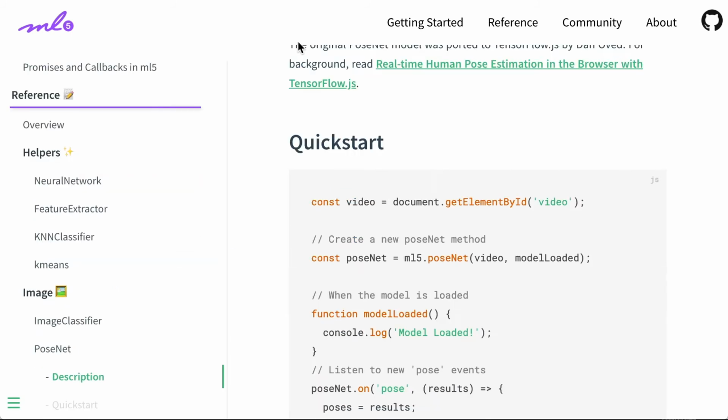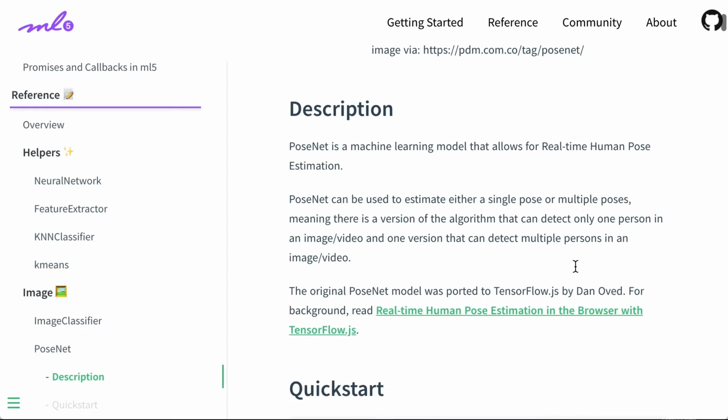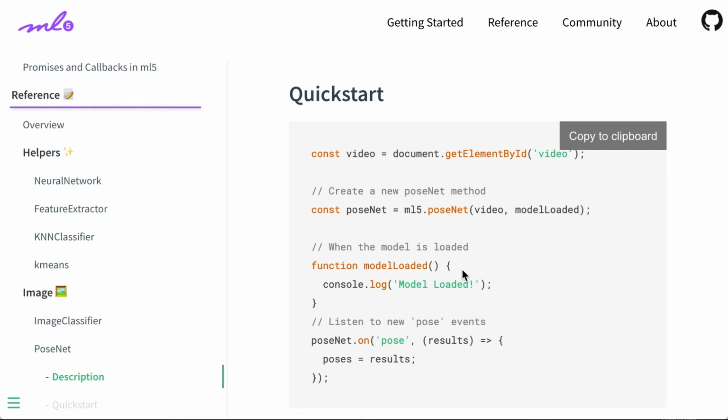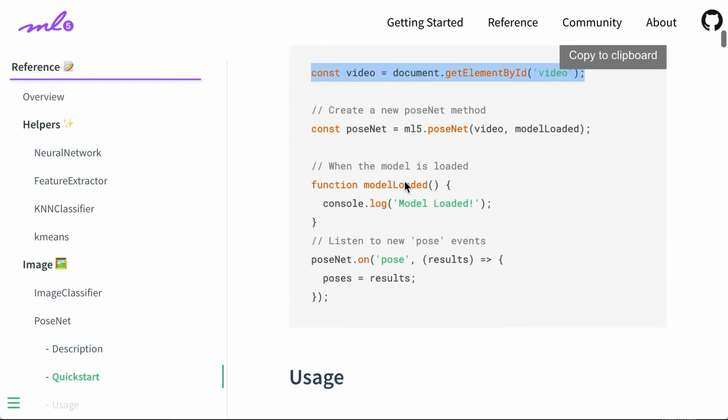So here's PoseNet. So let's see what it's doing. They have a little quick start thing here about getting an element by ID video, and so we shouldn't need to do this bit because we already have our video. Let's just see if this stuff works. Okay, first of all, we want to make a new constant called PoseNet and make that equal to this ml5 thing. So that's basically going to hook up PoseNet,